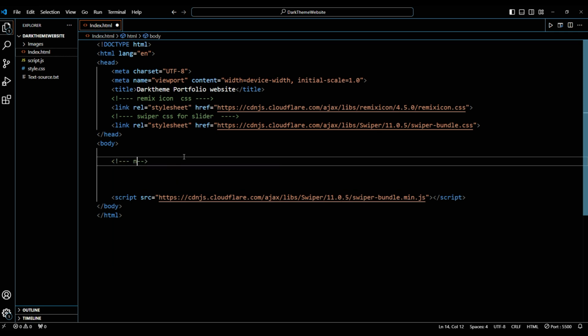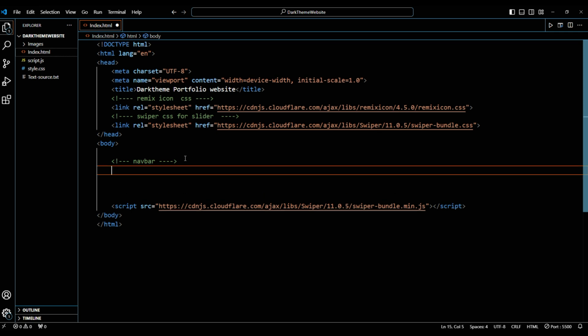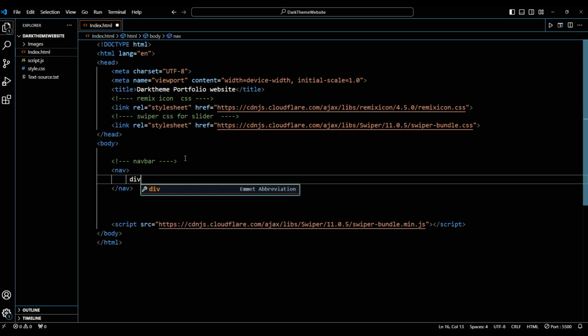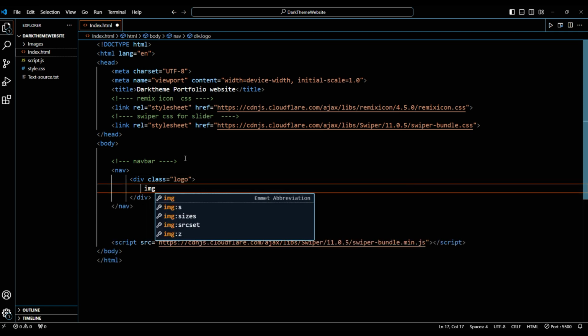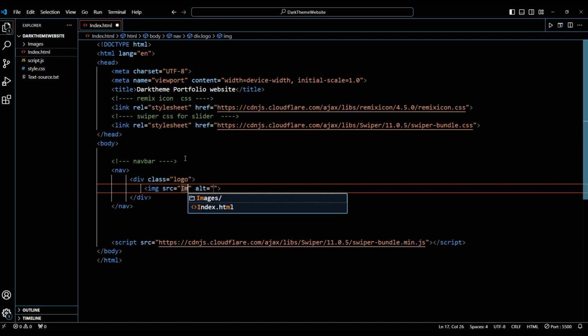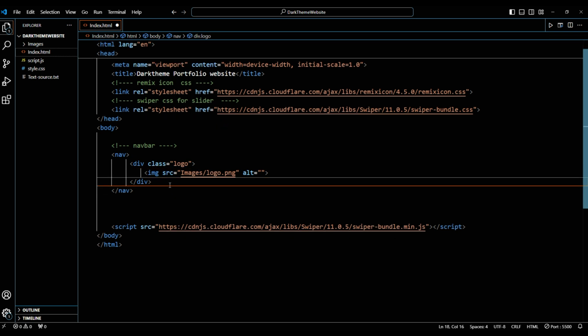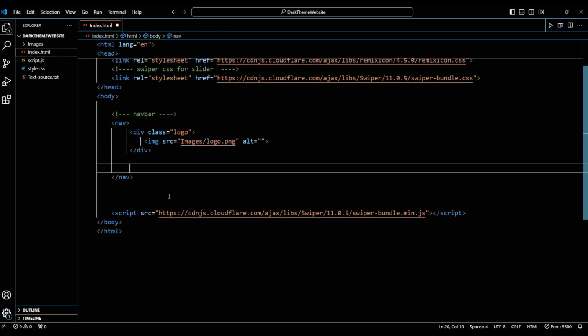First of all we have to write the code for the navbar. So here is the navbar code. I'm simply commenting here so you can understand this is the nav tag. Now in a div we have to use the class logo for our logo, right? And I'm using an image here, and for that purpose we have to use the logo. So this is the logo section for the navbar, and then we have to move on